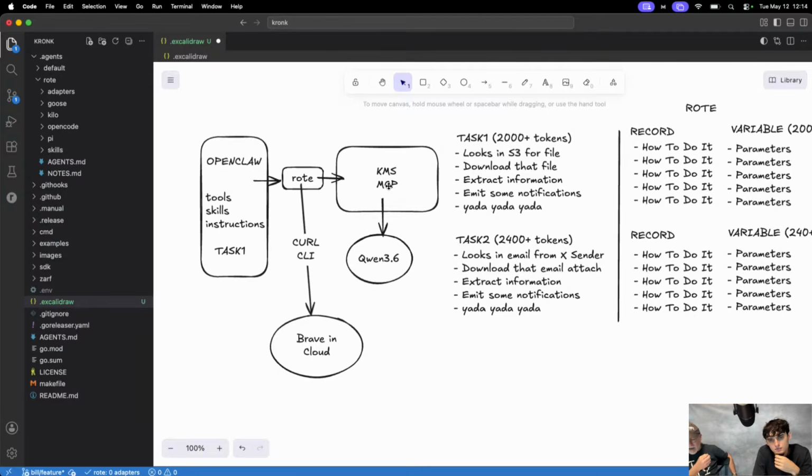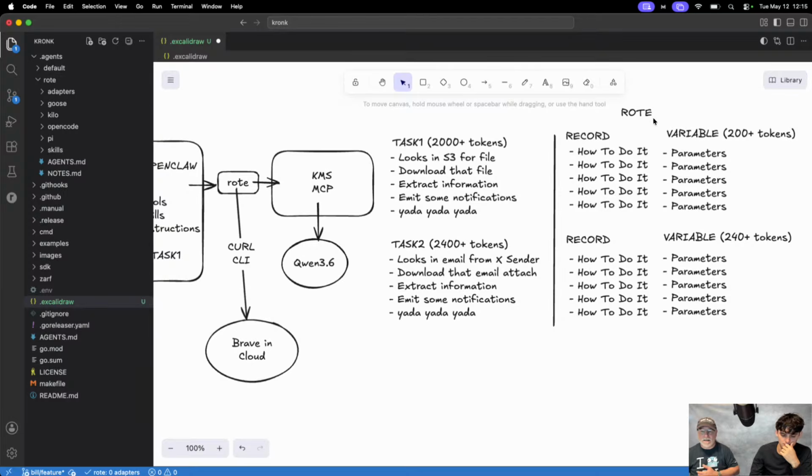So the idea now is that you don't have to necessarily spend time putting anything in an MCP service if that CLI tooling is already on the machine that this agent, let's say, is running on. Yeah. And there's a good chance that it is, right? Now, you might need a sandbox for some of this stuff. There's other ways to do that. But ideally, rote is here to essentially record how to do something. And then the idea is to crystallize that in a way where the model doesn't have to relearn how to do it. Right? And then it can leverage that knowledge in a much more efficient way.